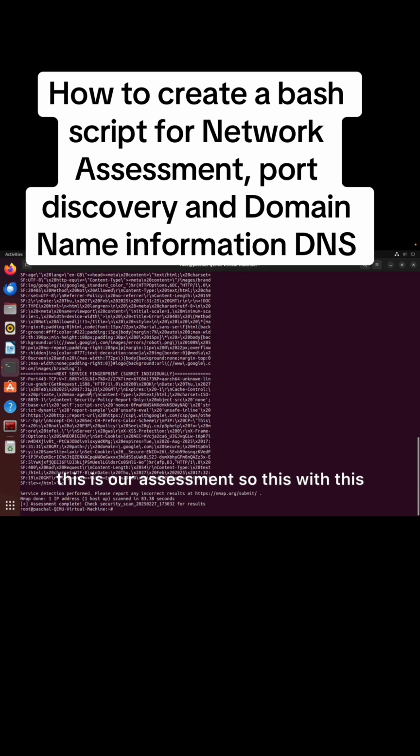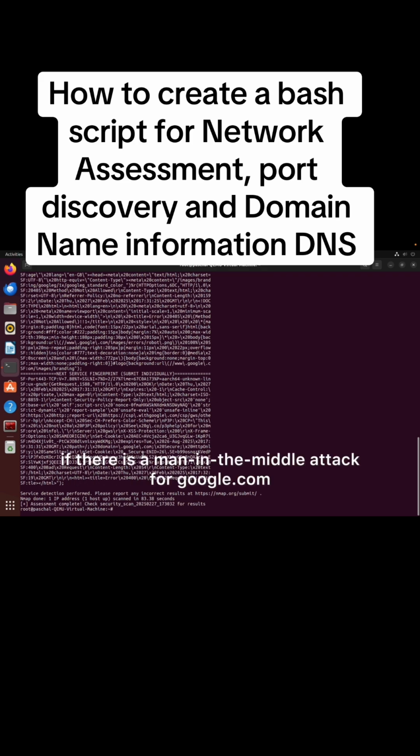With this information, any network engineer or network administrator or cloud engineer or threat hunters can read the results of google.com and fish out any necessary information they want to see if their IP address or their domain name is under attack, or if there is a man in the middle attack for google.com,